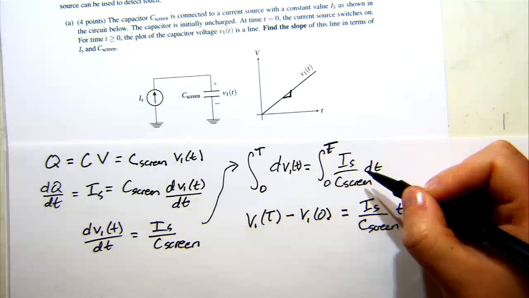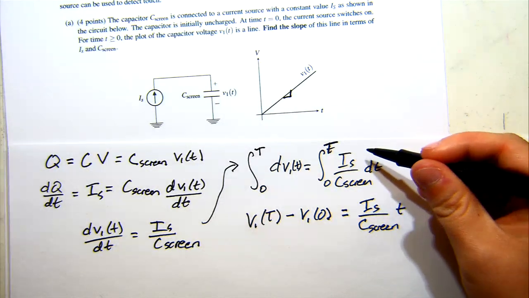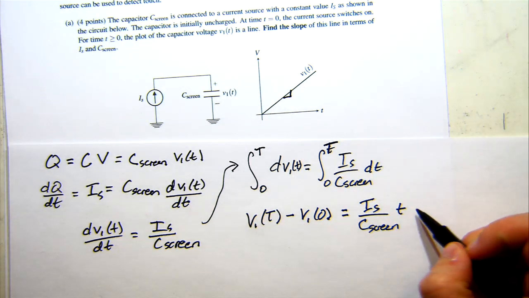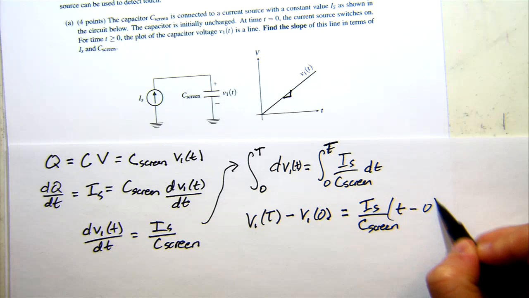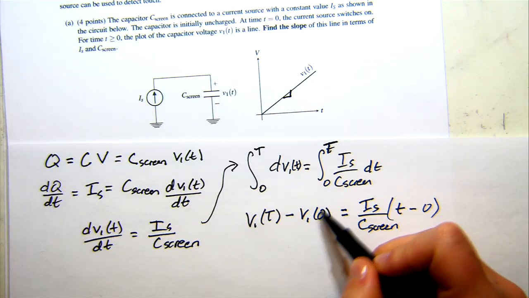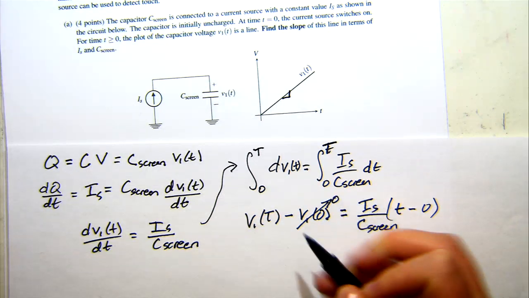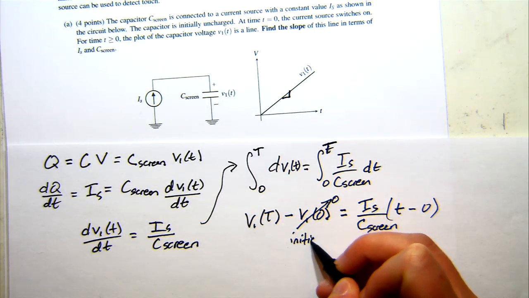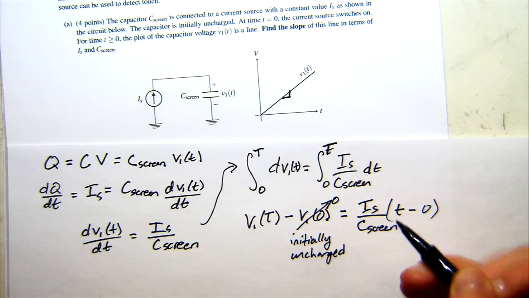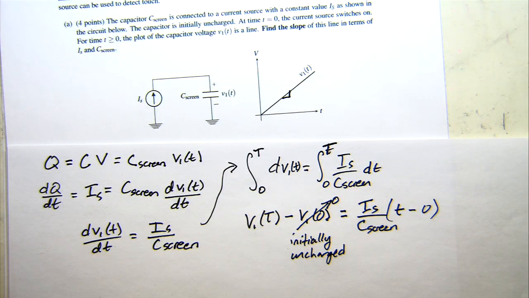And note that I_s has to be a constant source, because if this was a function of t, then it would change our integral. And so it's T minus 0, but we know that'll just disappear. Also, we know that this will go to 0 because it's initially uncharged. But sometimes it'll start with a charge. So that's something to not just forget about or just write the equation without that.